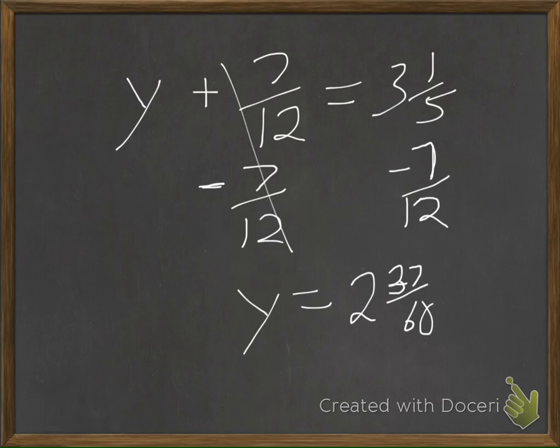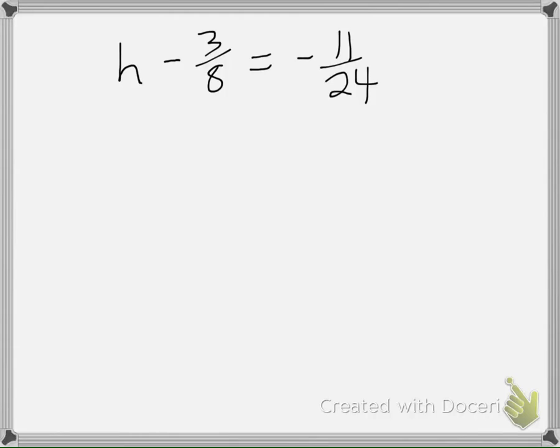Now, alright, so what kind of problem is this? It's one step, but specifically what operation's going on? Subtraction, which means to solve, I'm going to add. Always the same number. Don't flip it or anything crazy like that. If I subtracted 3/8, then I need to add 3/8. And on the other side, I also add 3/8. On the left-hand side, they cancel, leaving me with h. And on the right-hand side, I have a negative 11/24 plus 3/8. And at this point,